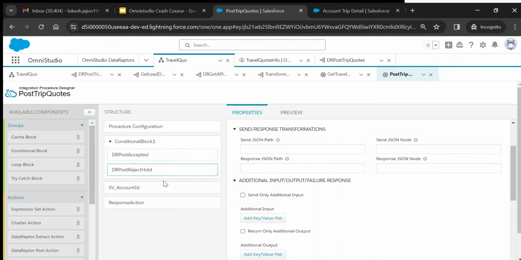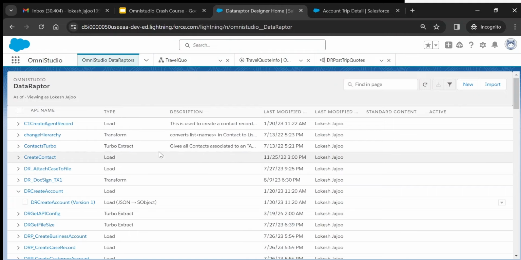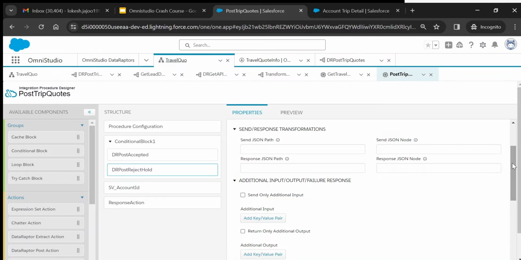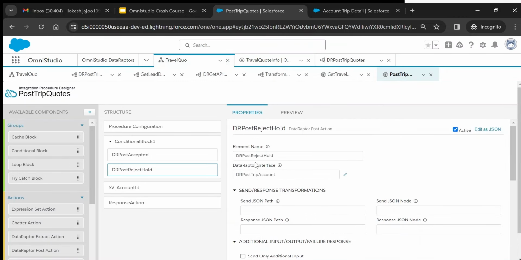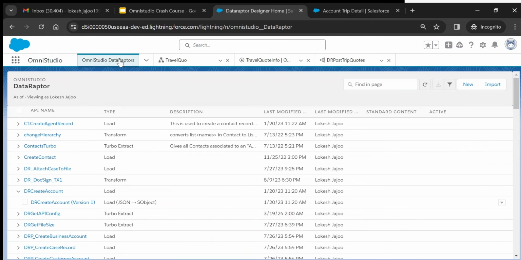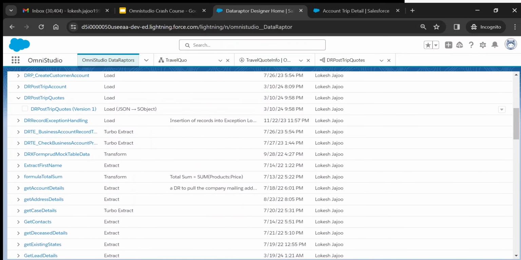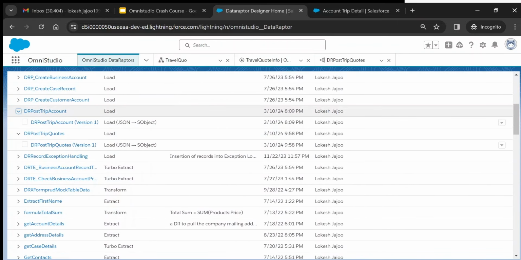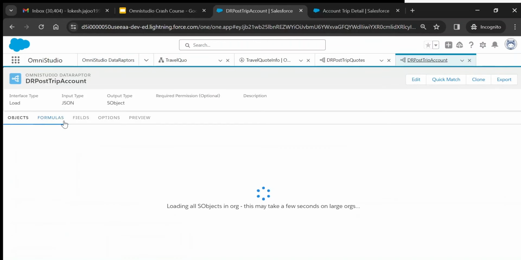Similar, the DR post reject hold, it will just create an account for me. So let me search what is the name here, Data Raptor post trip account. So let me go to my Data Raptor list, post trip account. Here it is. Let's open that. So it's also a load,